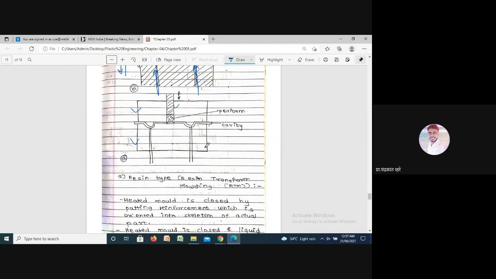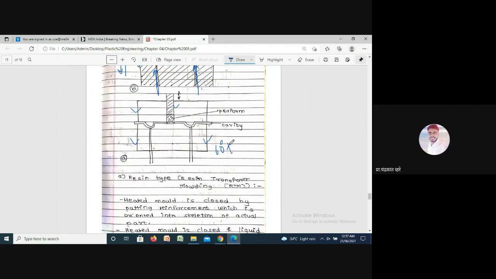One additional point for you guys. Before inserting the material, we maintain some temperature of the mold, suppose 60 degrees to 70 degrees.